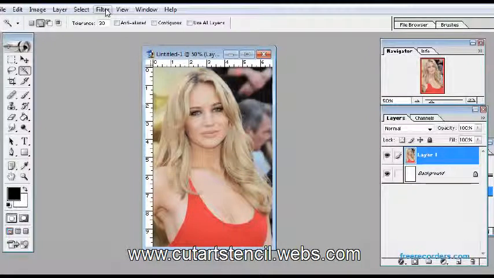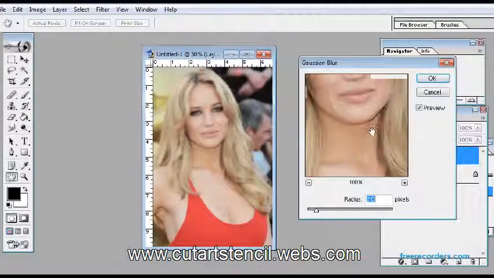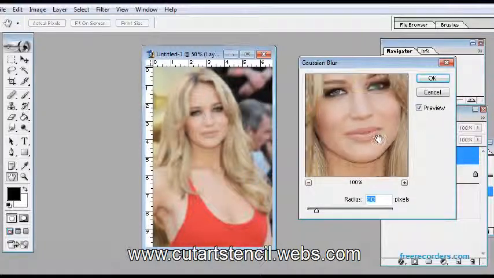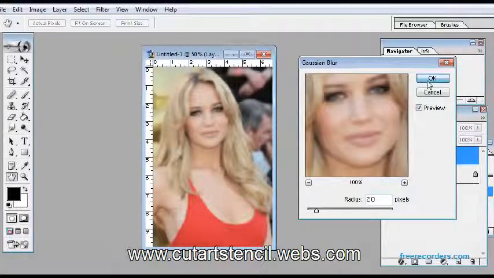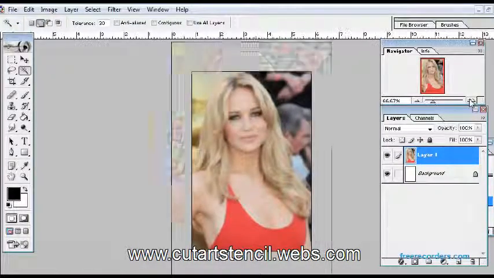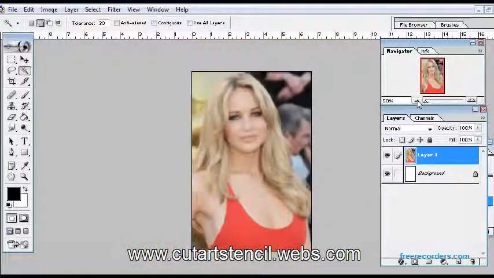The first step is blurring the image. Go to filters, blur and apply Gaussian blur. So just check the levels of your blur. Do not overdo it. Just evening out the picture, smoothing out and reducing the details of the image. In this we have kept the value to 2 and applying it. As you can see now, the picture is a little bit blurred and not too much.